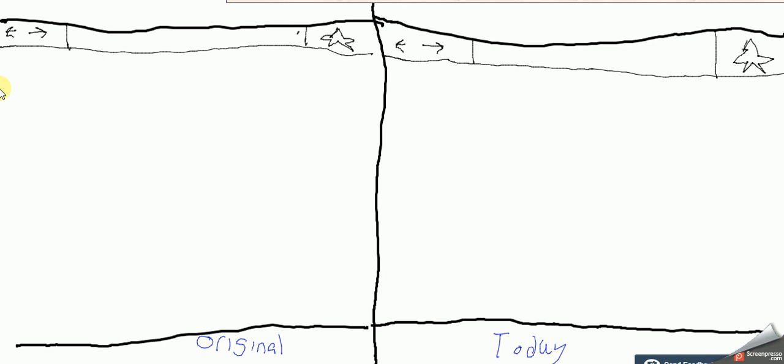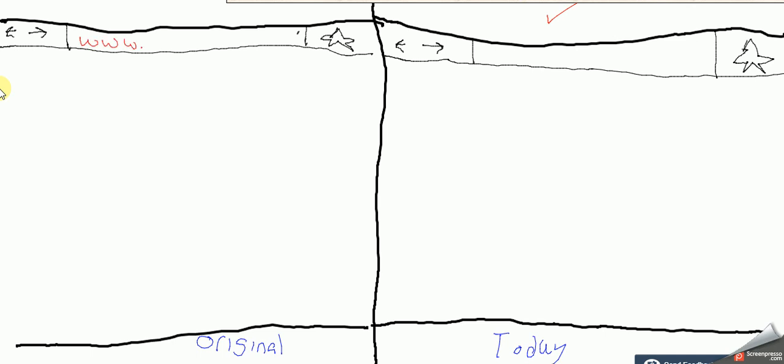Okay, ladies and gentlemen, so what we have on the screen right here is two different web browsers. The one on the left is going to be the original use of the web and web service. This one is on the right, what we see today. So originally, the uses of a web browser and of a web would be you type in a website address,